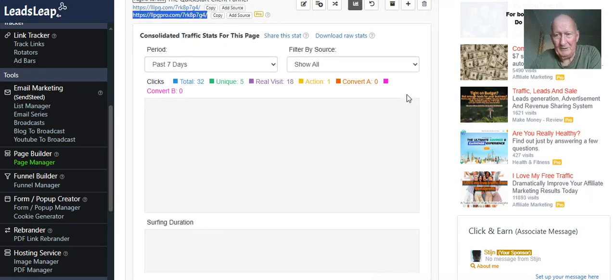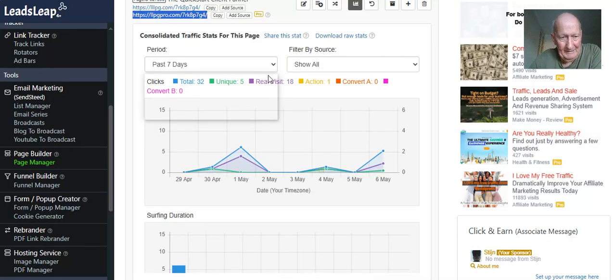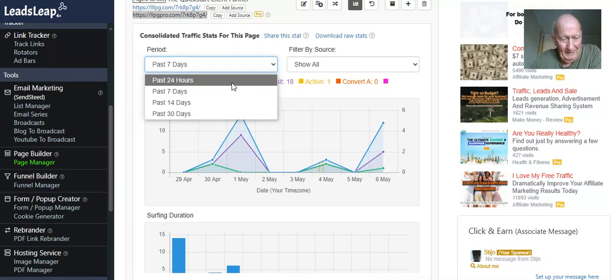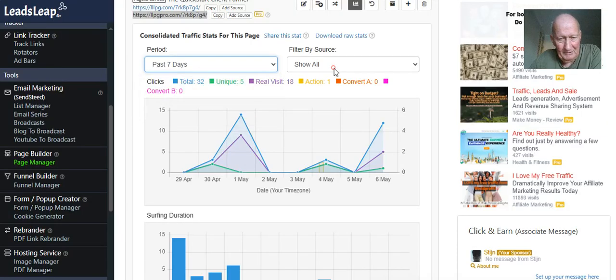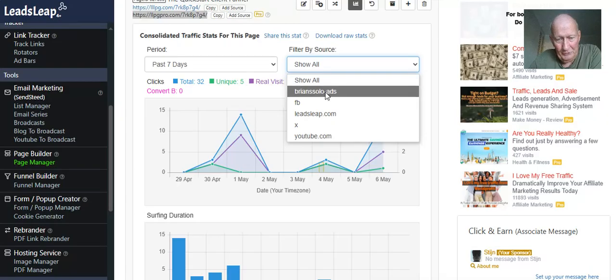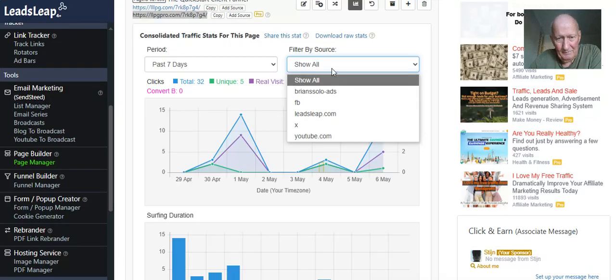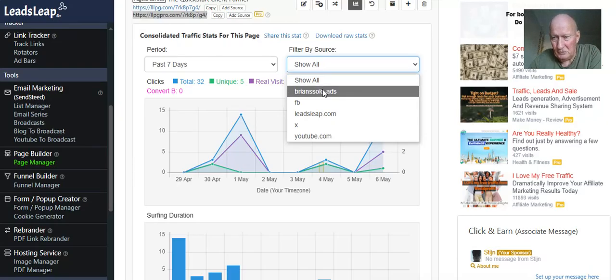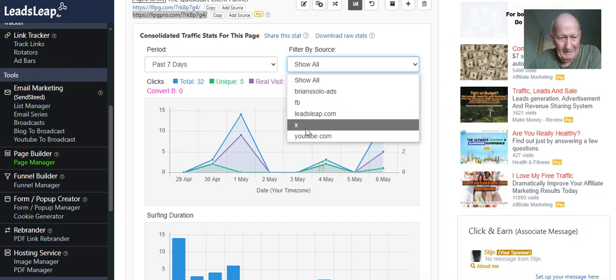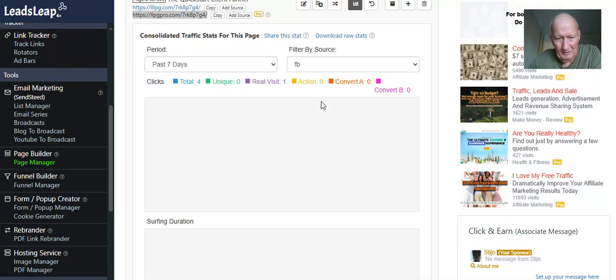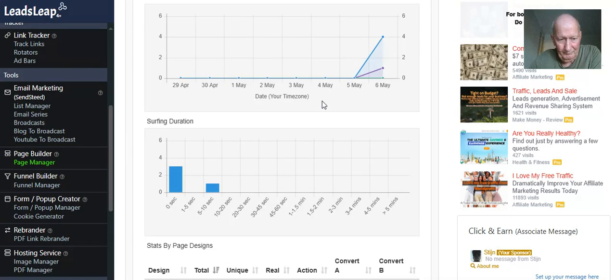Okay, so with all the stats, you can break it down. You can get the last 24 hours, the last 7 days, 14 days, etc. And you could filter it by whichever source you used if you wanted to. If you wanted to see how many Facebook ads alone you had, that would be fine. I'll show you. So if we look at Facebook, okay, you can see we had two